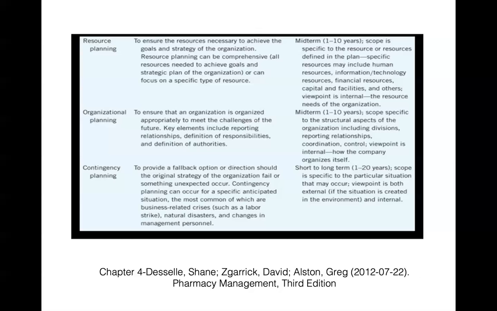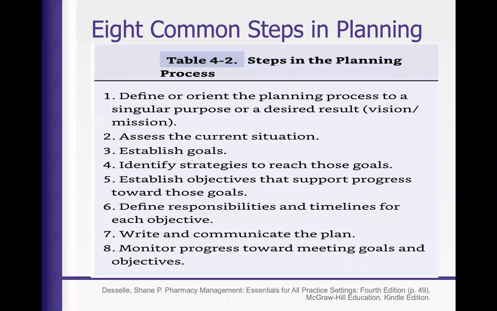planning to occur if certain crises happen. Right now, 2020 was a definition of contingency plans. And so all types of planning play major roles in a business. But there are 8 common steps in planning. And the steps in planning kind of fall into play, whether it's a strategic plan, a business plan, or an